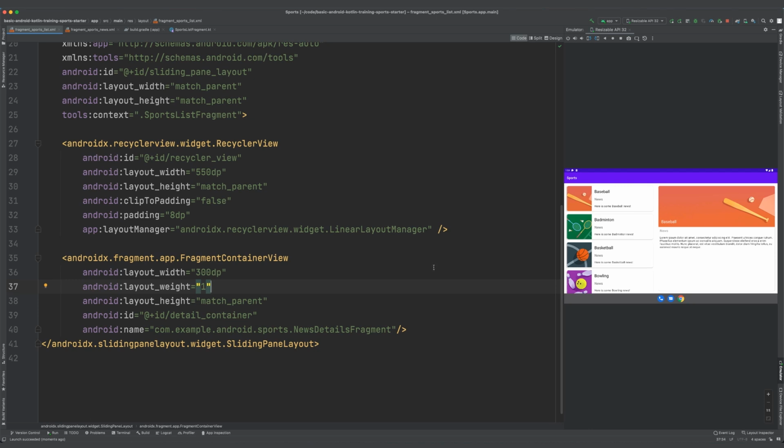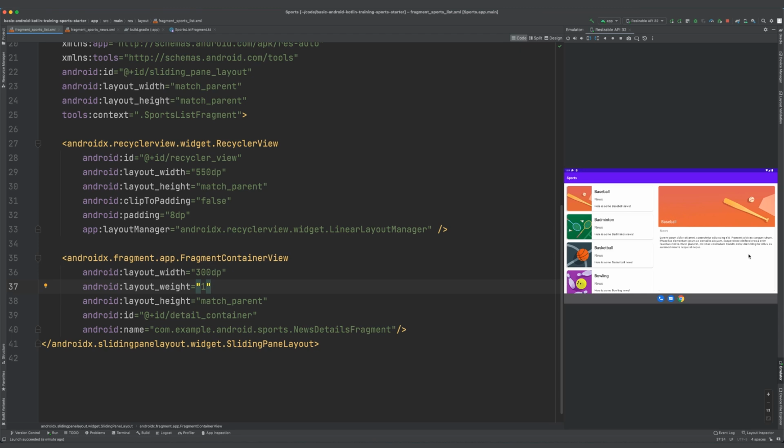Now we see it's updated and the details pane is taking up the full width. Since we only specified layout weight for the fragment container view, the details pane will take up the full width of the rest of the screen.